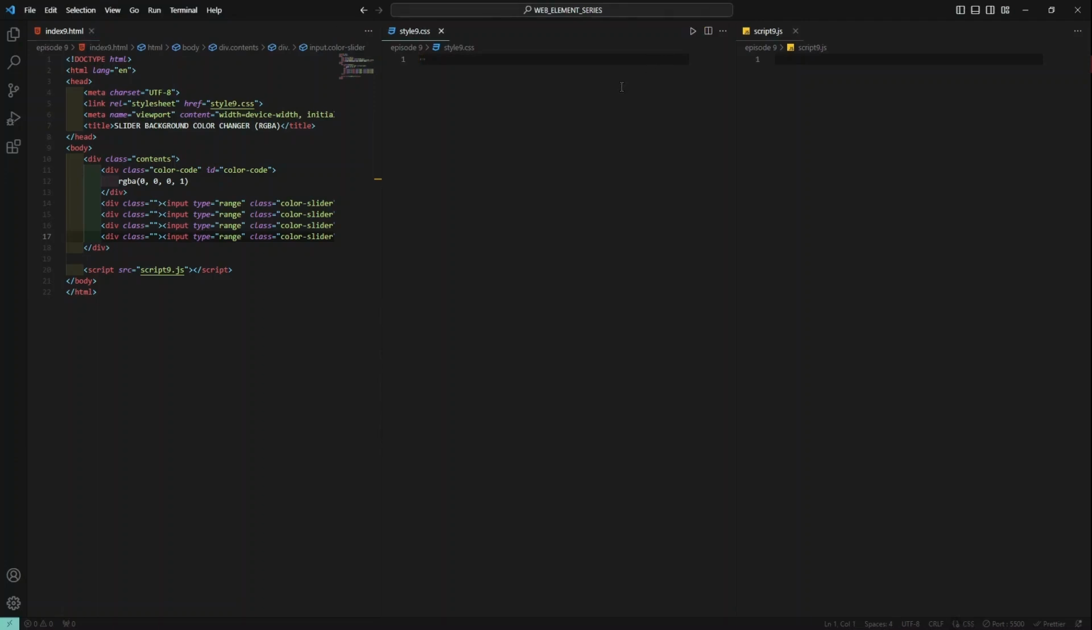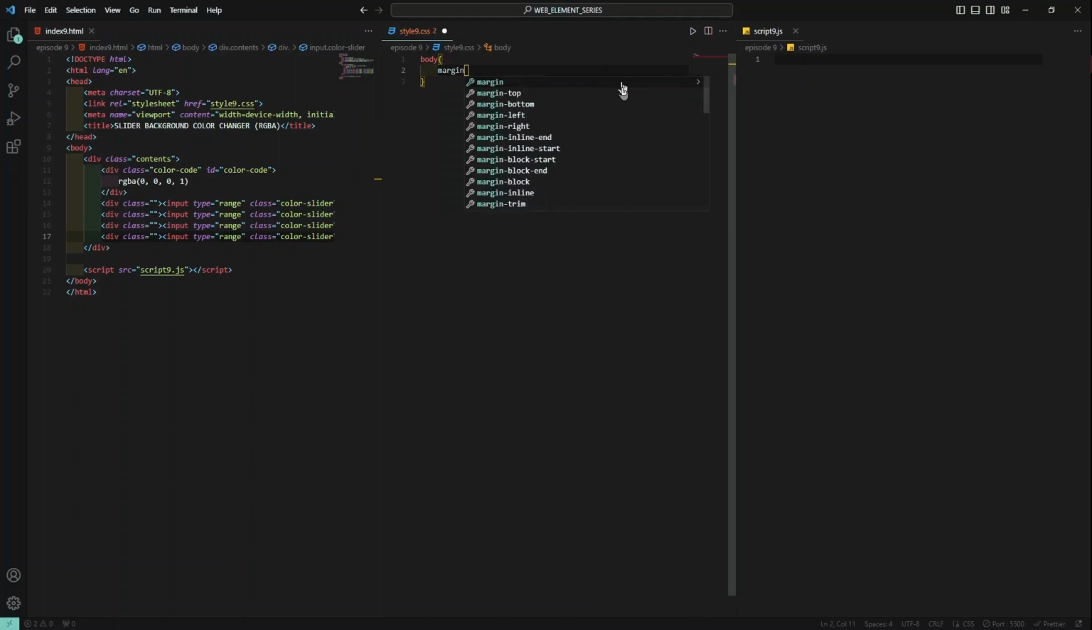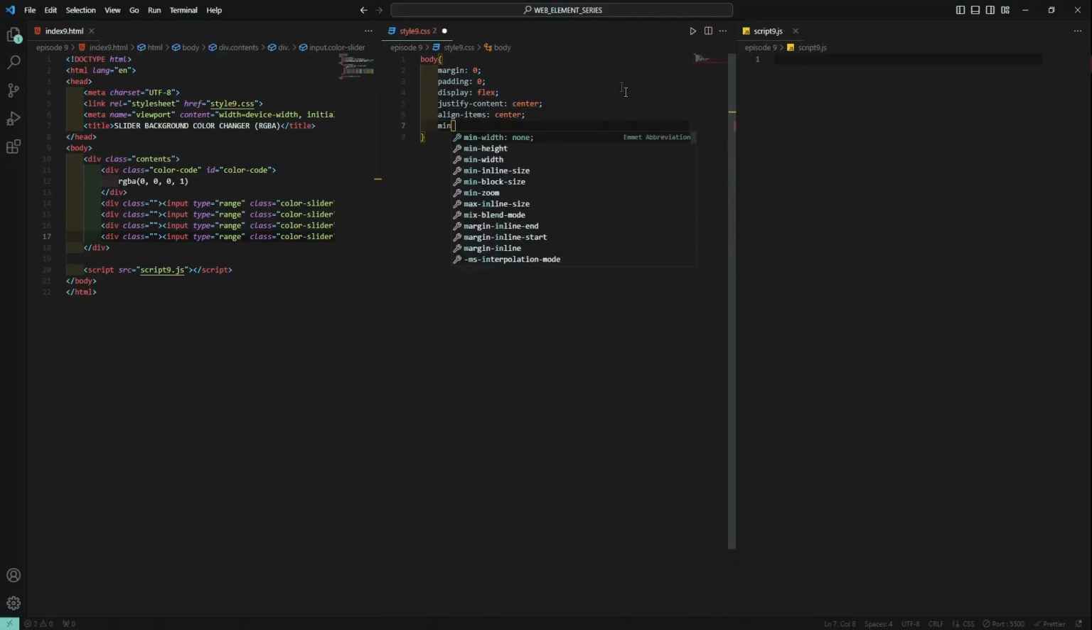Now it's time for CSS. And you all would be knowing by now that if I'm writing a CSS file, the first thing I would do is give the properties to a body tag. So margin 0. Padding again 0. And now display flex, justify content center, align items center, minimum height 100 VH,